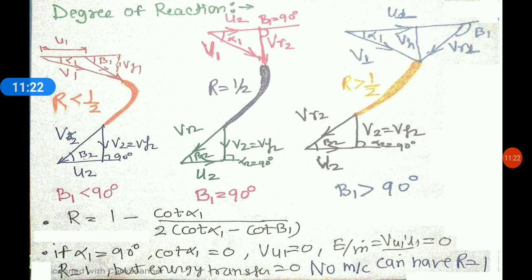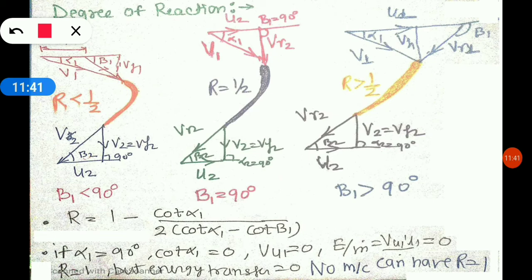Okay, now let us see the velocity triangle. The velocity triangle we have discussed in detail in the past 3 lectures of hydraulic turbine basics. That was the first lecture, then the second was Pelton wheel, and the third one was the Francis turbine. Then on degree of reaction we also have a separate lecture that you can see.